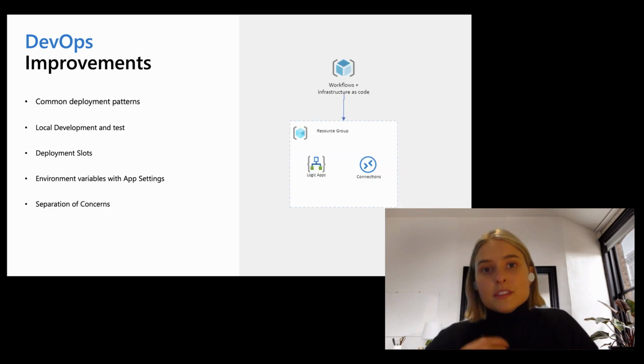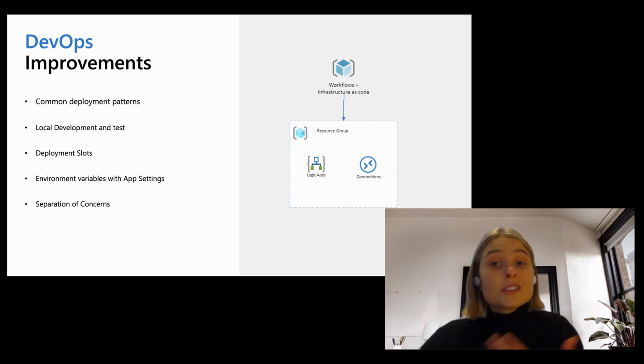As previously mentioned, separation of concerns is a new type of pattern that we can inherit with the new Logic Apps single tenant. Previously, when everything was tied to the ARM template, the developer and the integration designer was to a certain extent always infrastructure aware. With the Logic App being able to be deployed as a separate build package, the developer and integration designer can now singularly focus on creating workflows, and other concerns such as the infrastructure as code side can be handled by